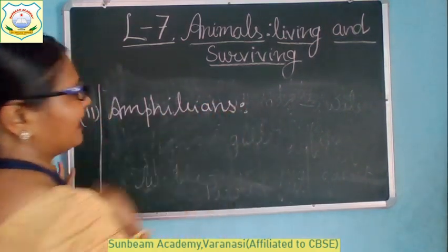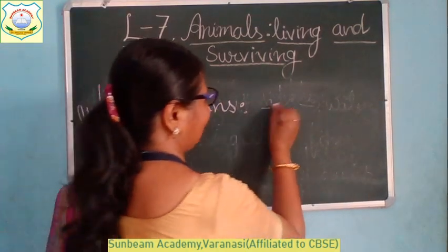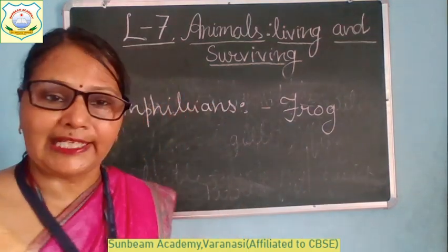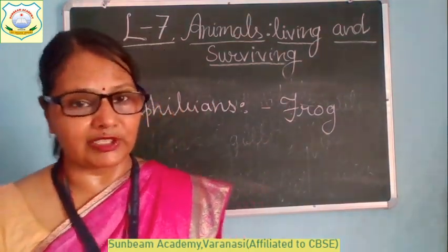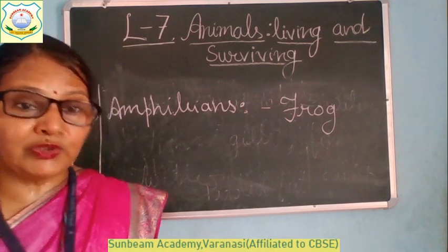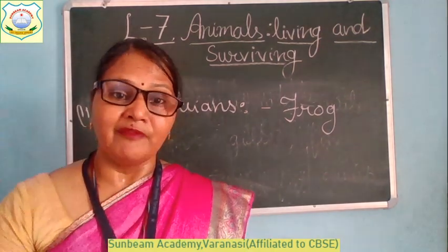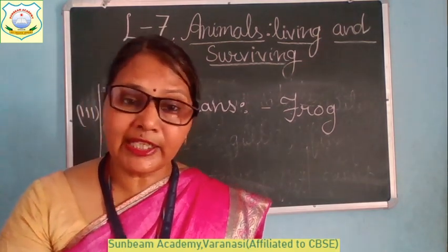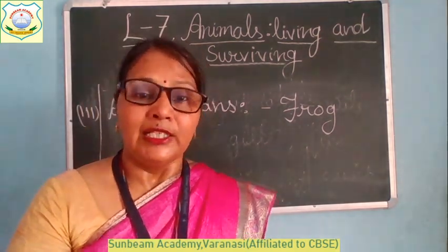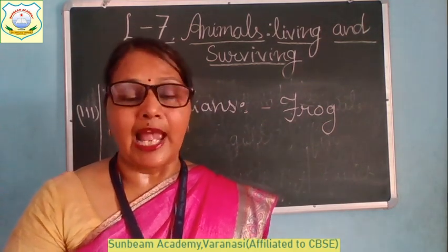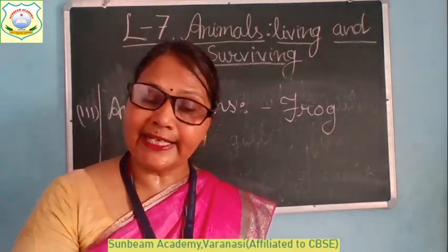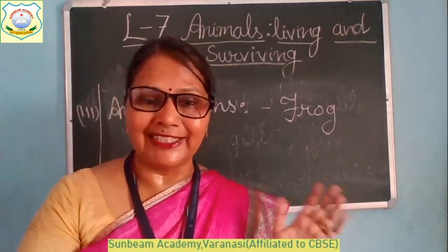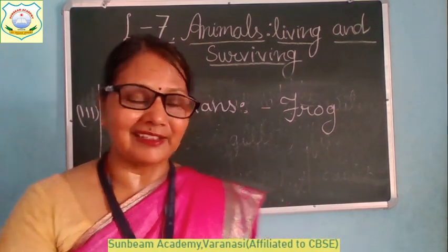Amphibians. An example of an amphibian is the frog. A frog is an animal which can live both on land and in water. It means it should have two types of adaptation which help them to live in water as well as on land. For living in water, they have a special type of skin, and when they live in water, they breathe with the help of skin. And when they come on land, they breathe with the help of their lungs.